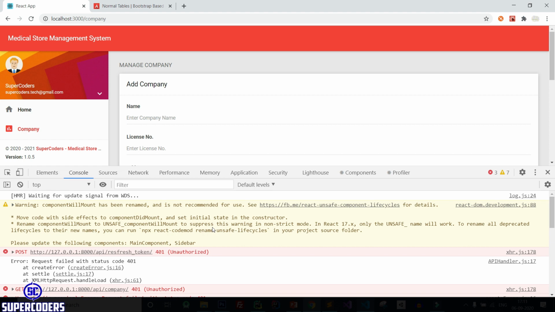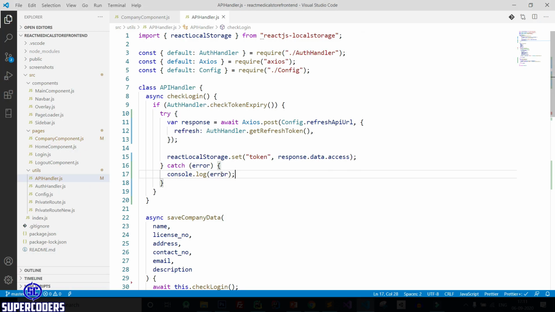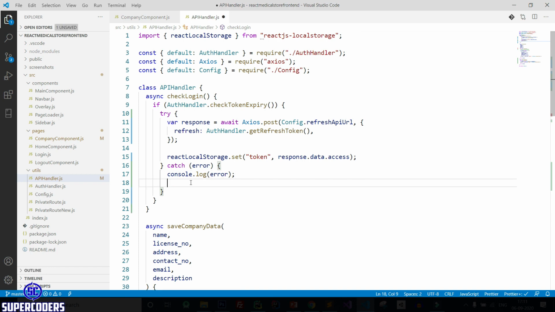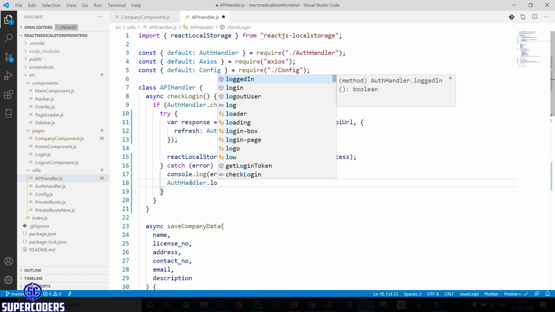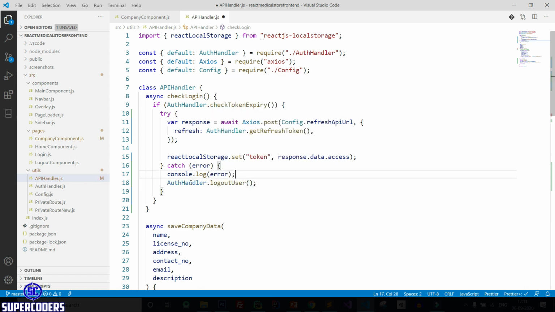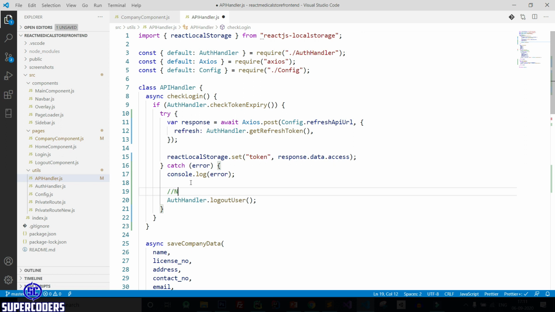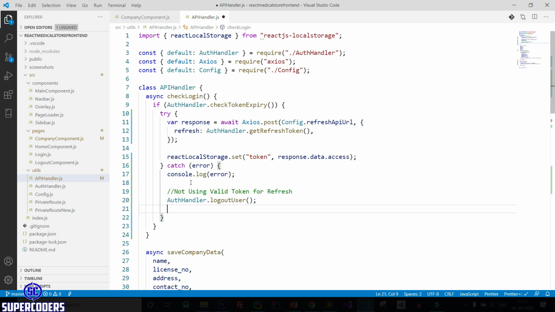So now let's do our main part. Again back to VS Code, and here when this error comes, we need to log out the user. So just call the method auth handler dot logout user, also adding the message not using valid token for refresh, and after that let's also redirect the user.